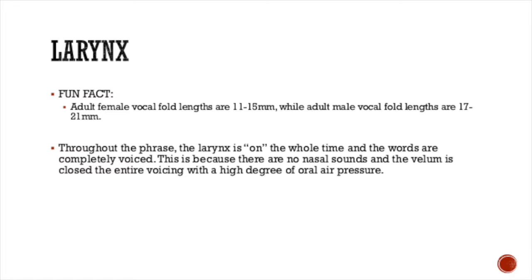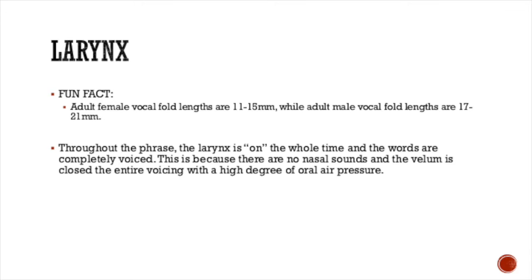Throughout the phrase "war eagle," the larynx is considered on the entire time it is uttered, meaning it is completely voiced. This is because there are no nasal phonemes in the phrase. The velum is closed the entire time with a high degree of oral air pressure. An adult female's vocal fold lengths are about 11 to 15 millimeters, while adult male's vocal fold lengths are 17 to 21 millimeters. Now we are going to run through each letter written in the words "war eagle"